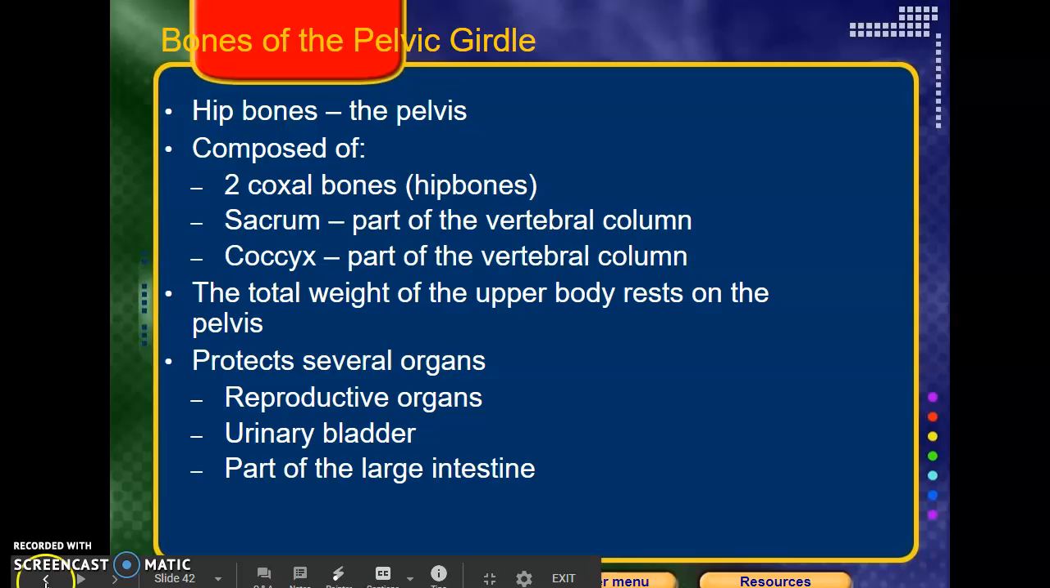Now we're going to stop right there. So we talked about some of the bones of the body. We talked about the cranium, we talked about the rib cage, we talked about the pectoral girdle, which